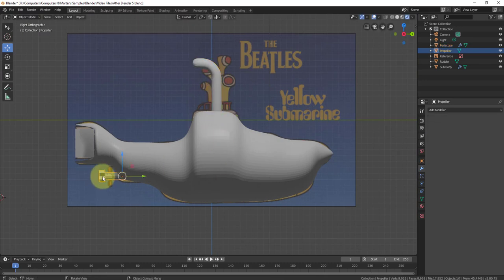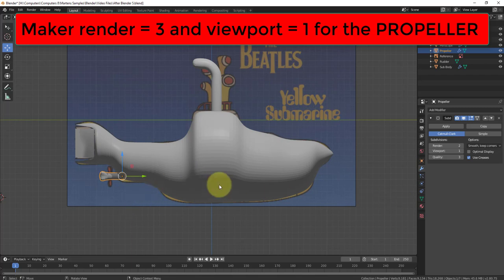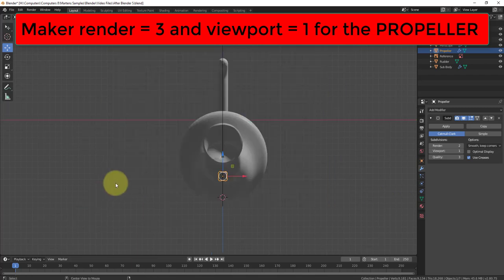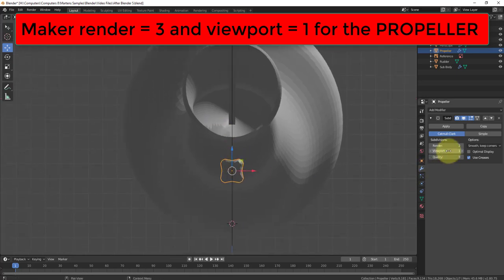So let's finally get into the propeller here. Now the propeller, it might not look good. We'll find out here. So if I do a subdivision surface, if you do too much, what happens is the actual propeller, the back, doesn't look terribly good. It actually rounds it a little bit too much. So I'm going to maybe go into